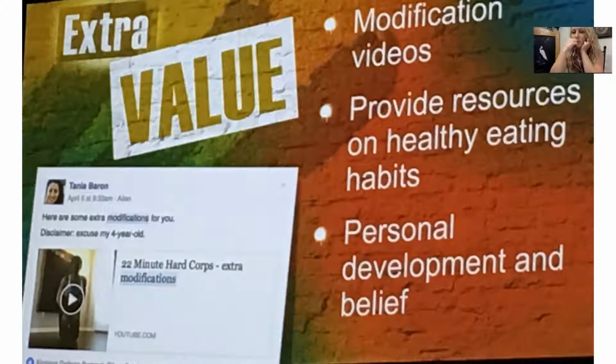Provide resources on healthy eating habits. Pinterest is a great idea. If there's a blog that you guys love for healthy eating, or a person, for example, I don't recommend, guys, using any blogs written by other Beachbody coaches or other MLMs such as Herbalife, Isagenix, whatever. For example, I love Chris Carr. I love everything she stands for. I love her book. I get a lot of ideas out of here. And this is somebody whose email newsletters I get all the time. So refer people to this book.